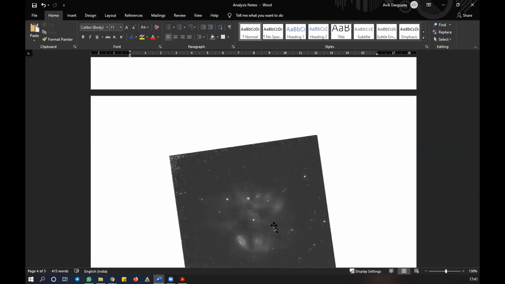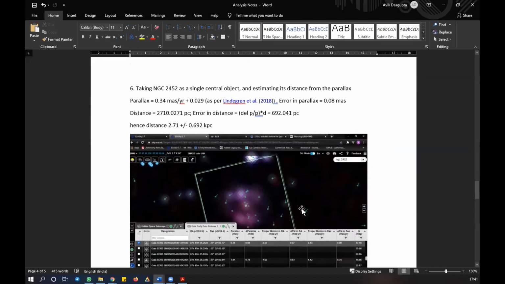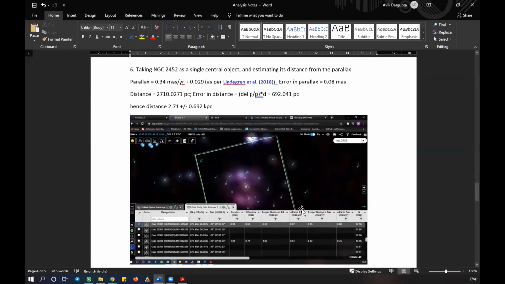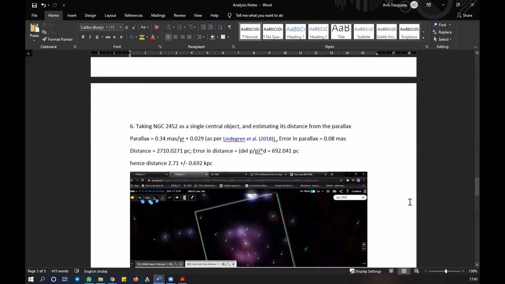Okay. And what radius should I take? You can actually check on the net what value they are giving for the radius, because it depends upon wavelengths. So the image that you showed from ESA, I don't know, it was a DSS image maybe. So in DSS, it looks very small. But if you were to see it in some other wavelengths, maybe in infrared, it may appear larger. So look up some papers and see what is the value which they say for 2452. And use that value.